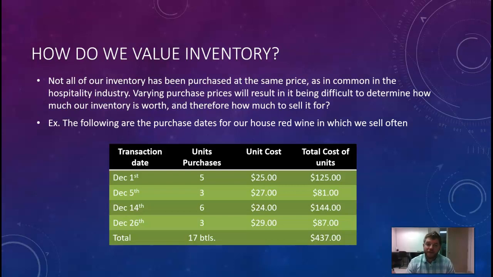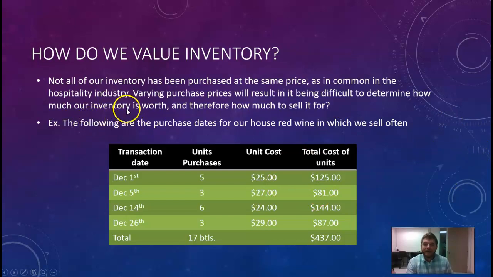So that has a value to it. So we always have to show how much are we using, because that's a cost. And then also, that's on an income statement, but then also on a balance sheet, if they want to know how much we're worth, we might have $50,000, $100,000, $500,000 worth of inventory. And this could be wine, it could be alcohol, it could be food, you name it. That has a value to it. So there's different ways of